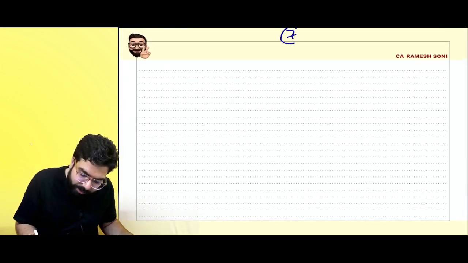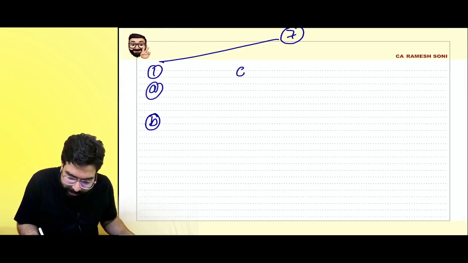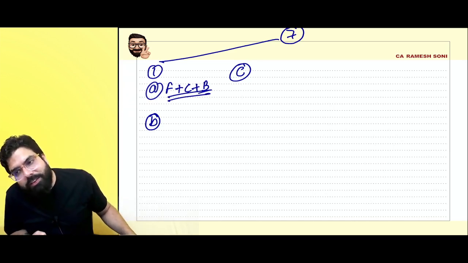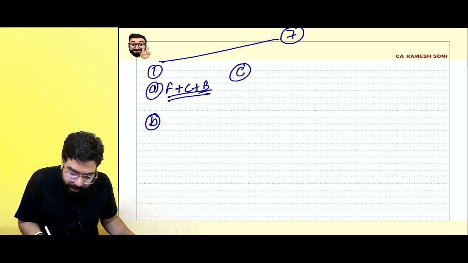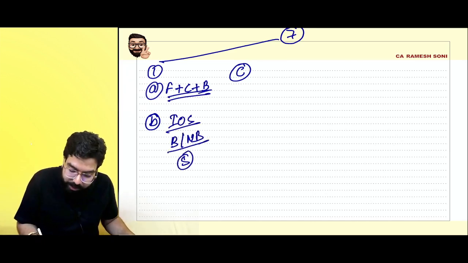Sir, we went ahead and learned section number 7, section 7.1a, section 7.1b, and section 7.1c. Section 7.1a: all forms of supply for a consideration in the course of business will be considered as supply. Then section 7.1b: importation of service, business or non-business, both will be considered as supply. Section 7.1c,